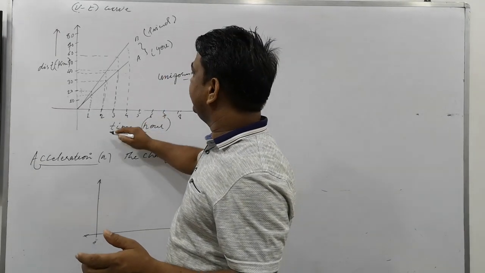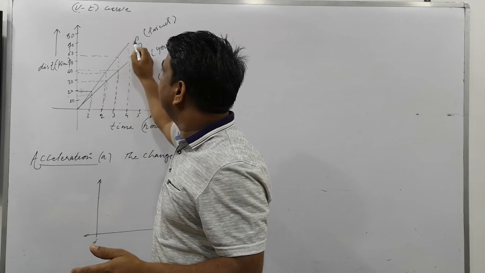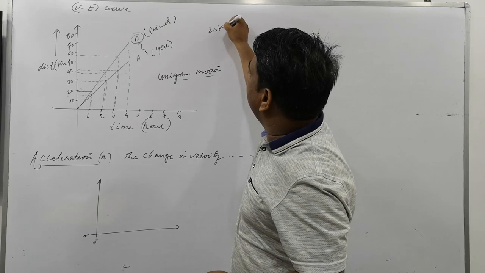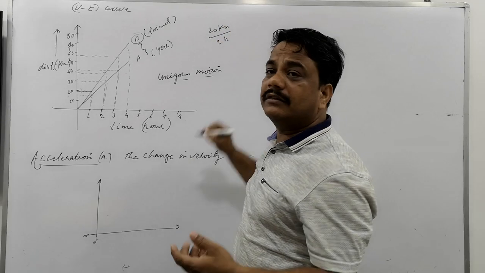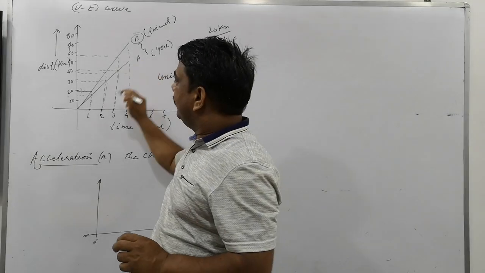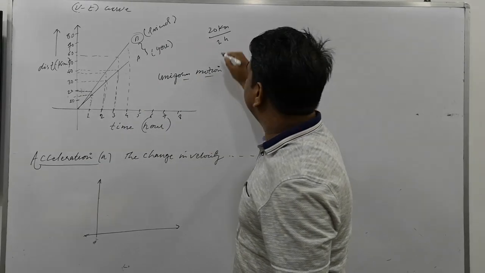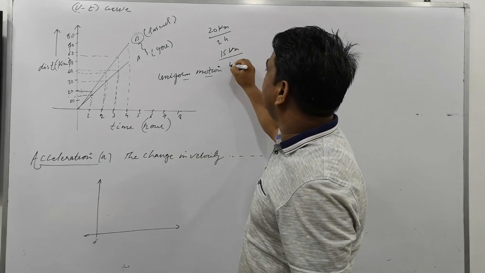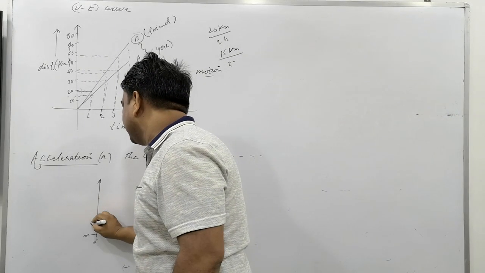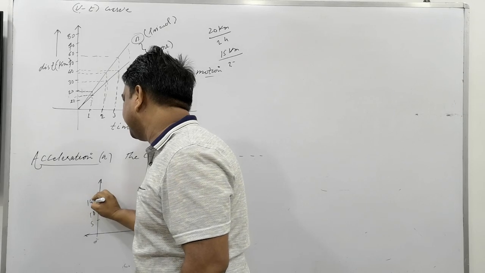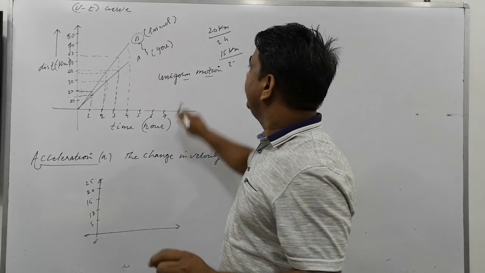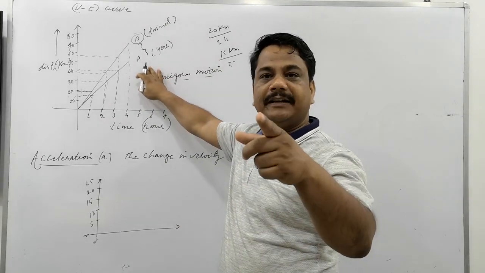Suppose that it's 20. Object B is traveling 20 in 1 hour. So what is the speed of the object? 20 kilometer per hour throughout the journey. And object A is 15 here, so its speed is 15 kilometer per hour, keeping the same throughout the journey. With time it varies 5, 10, 15, 20, 25 furthermore. The speed of the object is 15 throughout the journey.